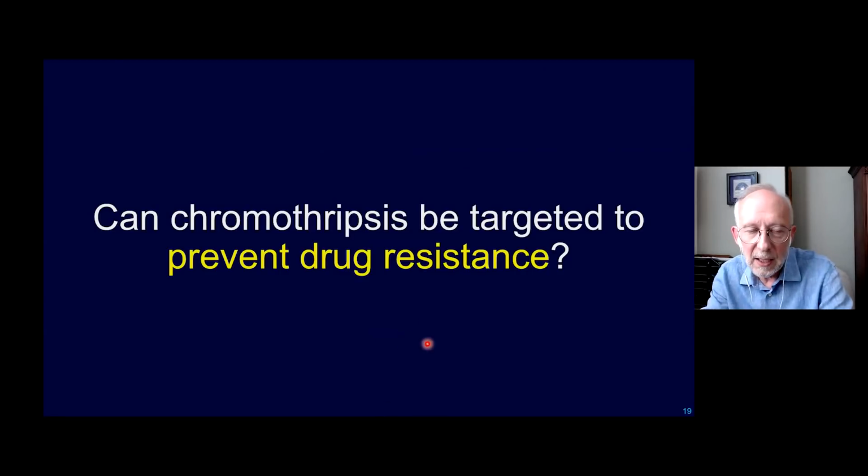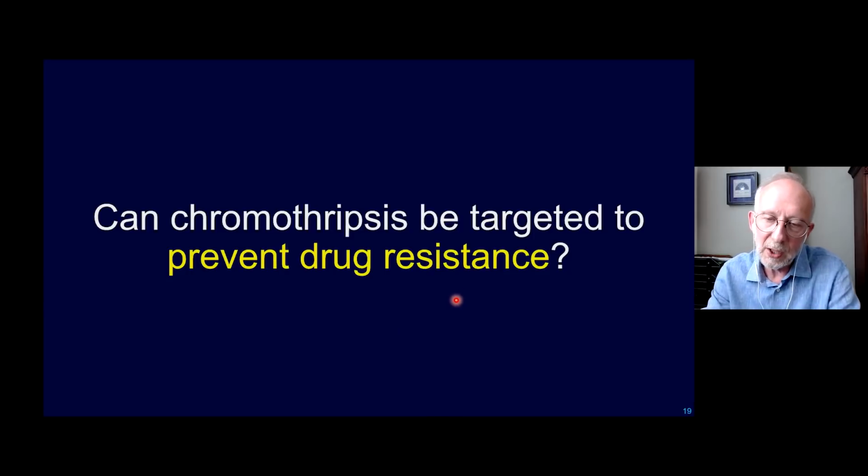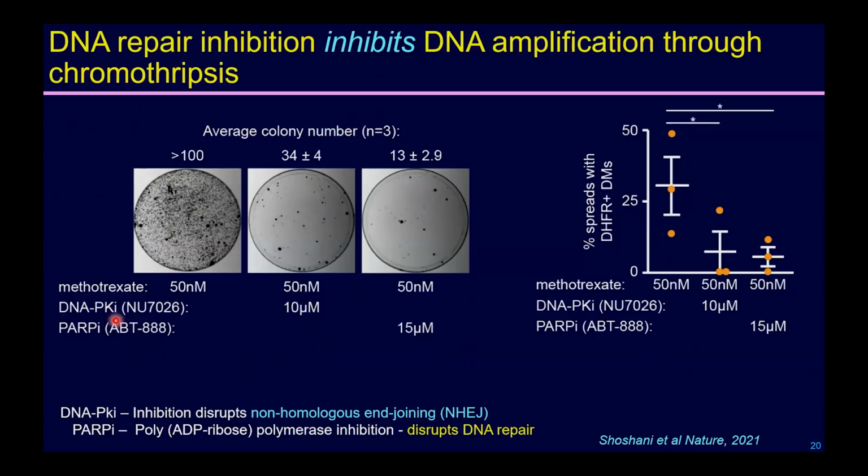So if that's the case, can chromothripsis be targeted to prevent drug resistance? That was one of the 6 challenges in the original CRUK and NCI challenge from 2020. And so we set out to try to do that. Well, what if we now look for this generation of methotrexate resistance by this genome shattering and religation, and ask, well, what if we use inhibitors of